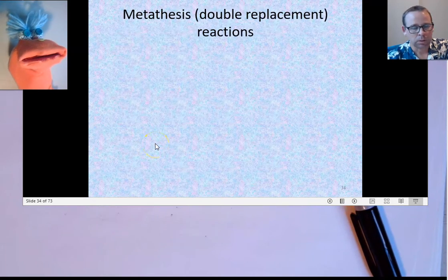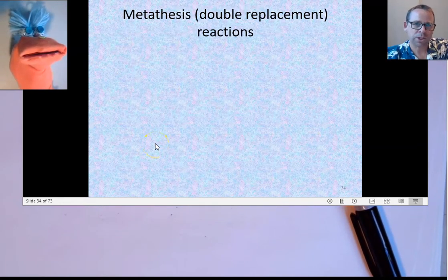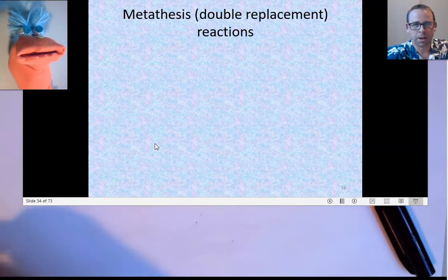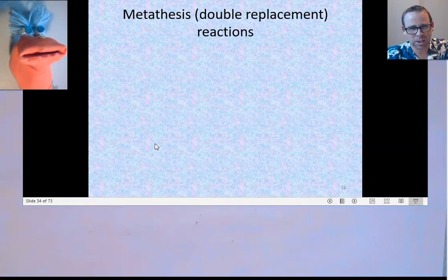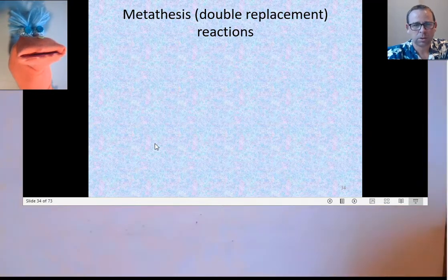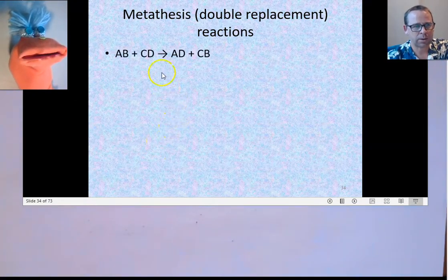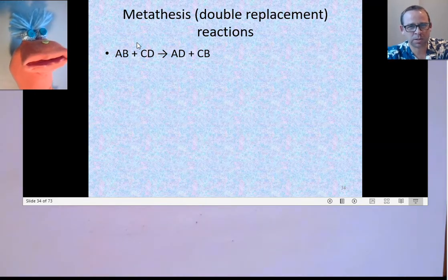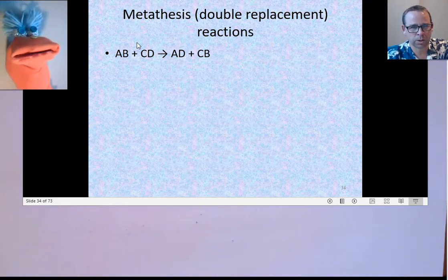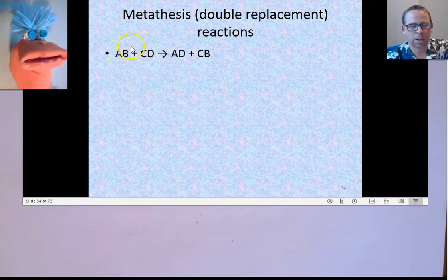Okay, so the chemical reactions that we have been talking about and preparing for are called metathesis reactions or double replacement reactions. These reactions follow this pattern where we have AB and CD representing ionic compounds that are dissolved in water. What little subscript do we put on there to show that it's dissolved in water? Aqueous. Very good. So AB and CD are ionic compounds that are aqueous, and they trade partners to form AD